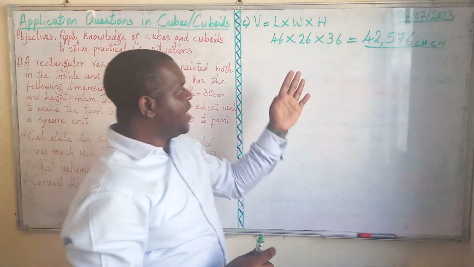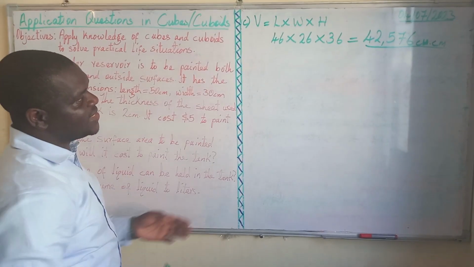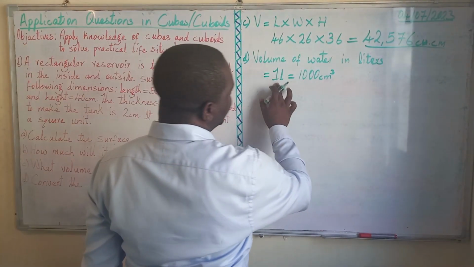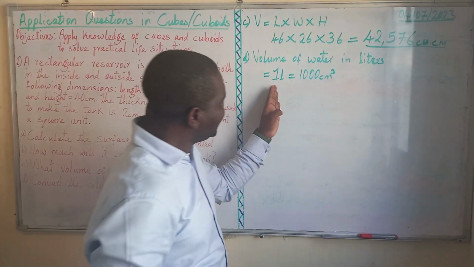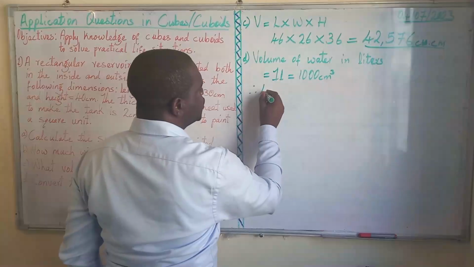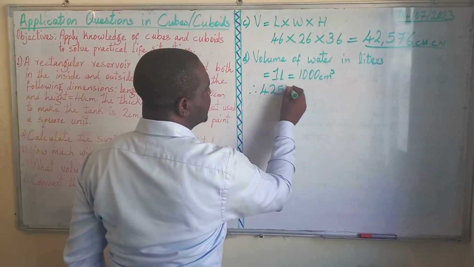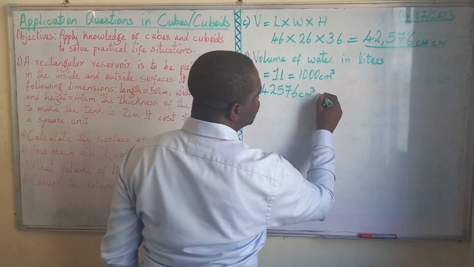Now let's move to the last aspect, which is asking us to convert the volume of the liquid to liters. So let's take note that 1 liter is equal to 1,000 cubic centimeters. If 1 liter is equal to 1000 cubic centimeters, therefore 42,576 cubic centimeters will be equal to